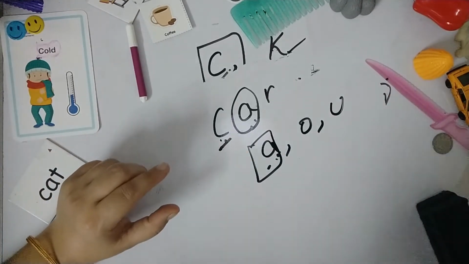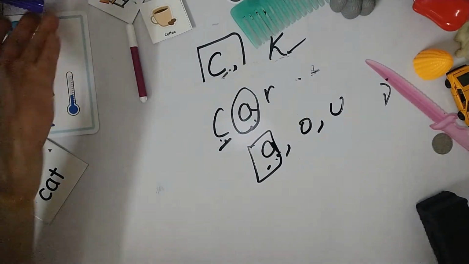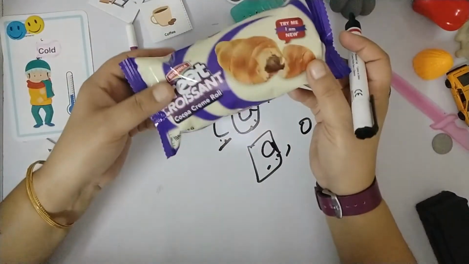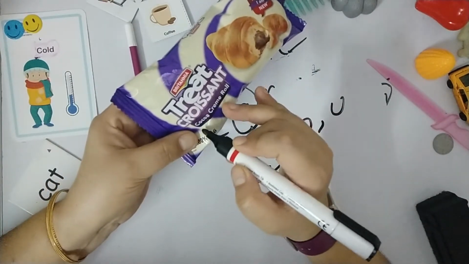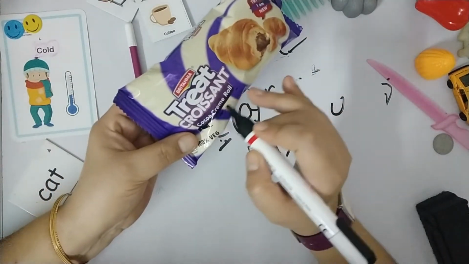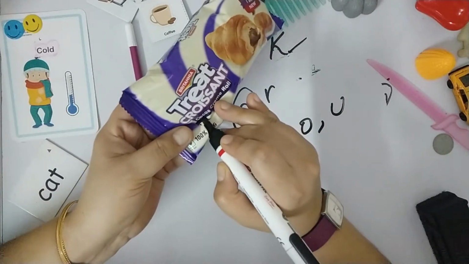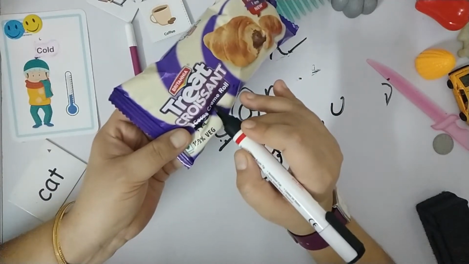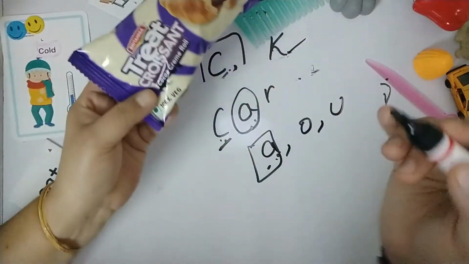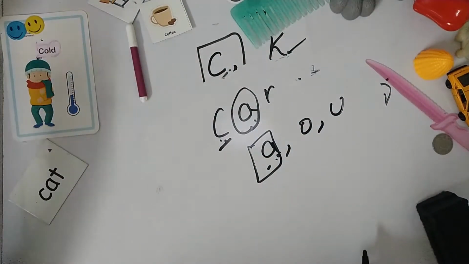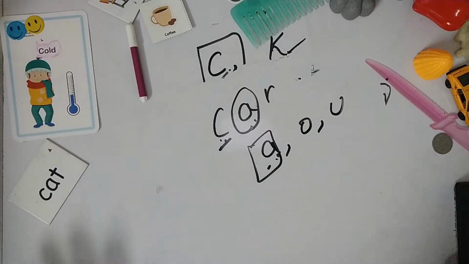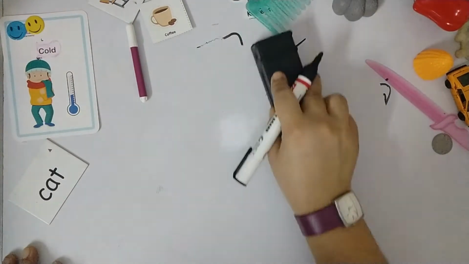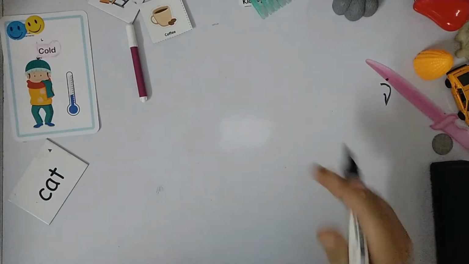Similarly, even if you don't have toys, you can show the packets you have at home. Like I am taking one, just to show you, here it is written coca cream roll. So here C is followed by vowel O, and here CR is followed by vowel E, C is followed by E. So that's why we have used C in coca cream roll. Then again, you can use any example, whatever objects you have like this. Now I hope it is clear to you. You can play any sort of these games with the cat, with the toddler.